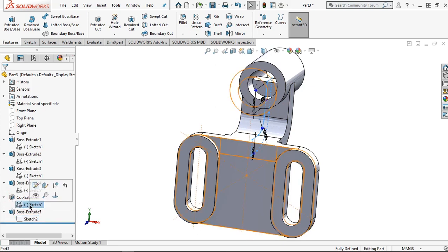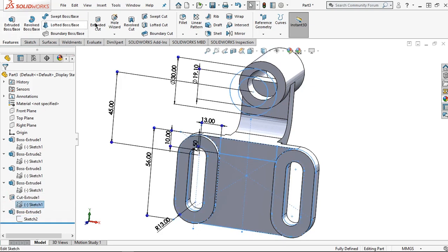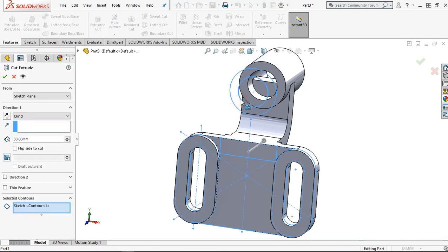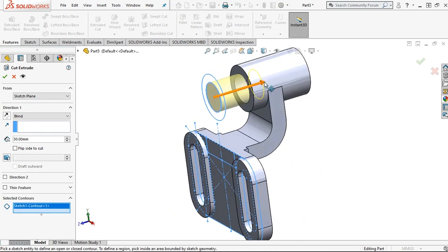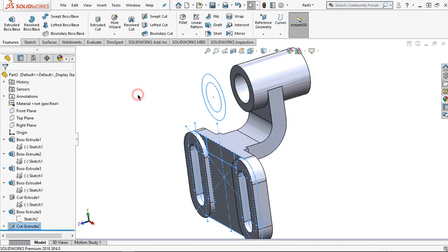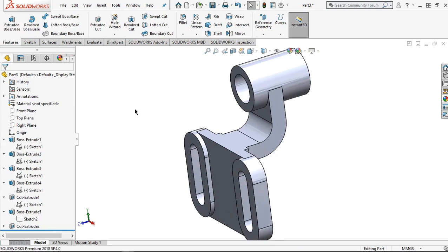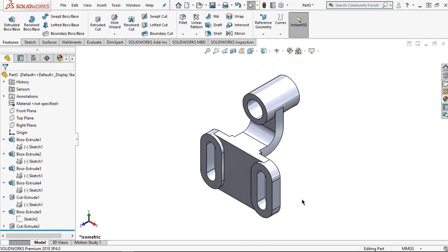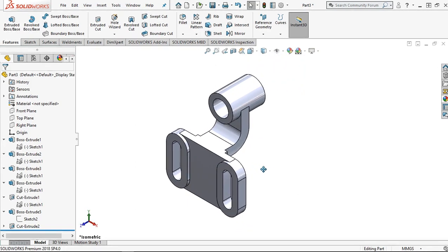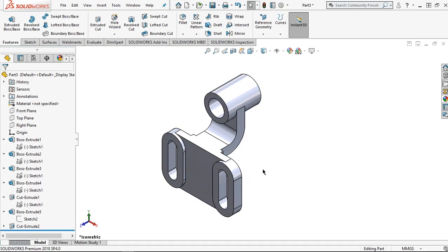This sketch, and click extrude cut. Click this sketch and drag this arrow to cut this body. Click the Ctrl 7 combination on your keyboard to make the isometric view.